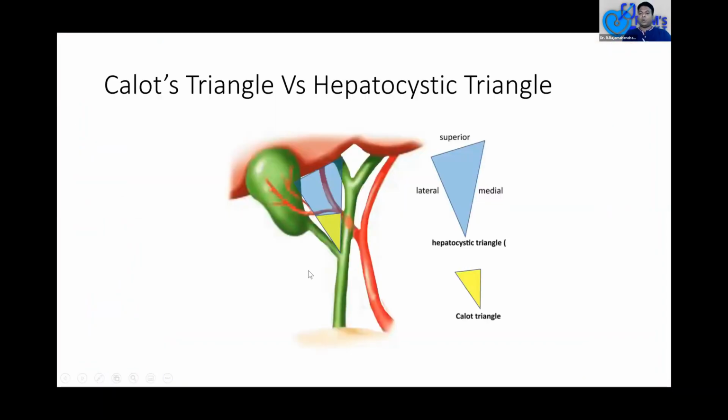So this is a picture showing you the hepatocystic triangle and Calot's triangle. As general surgeons, many times we will be very much worried about the duct. But gastrointestinal surgeons will be more worried about the right hepatic artery, which may enter into the triangle, because we will be careful not to injure the CBD. What is that anomaly known as?